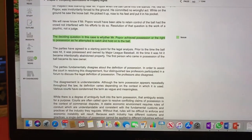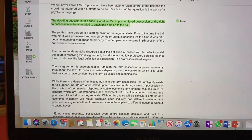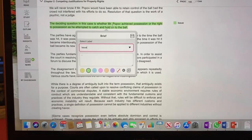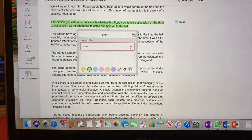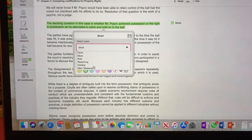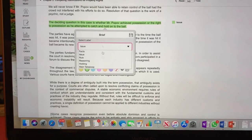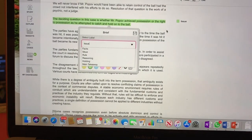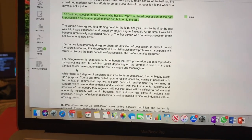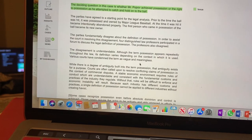And what this allows you to do is it briefs for you. So I highlighted this, right? And then you get the drop down bar, which you pre-select your categories or labels that you want for your brief. And then once you click that area, it highlights it in that color that you have specified for it. So I hit issues, so it made it green. So for example, if I highlighted this area,